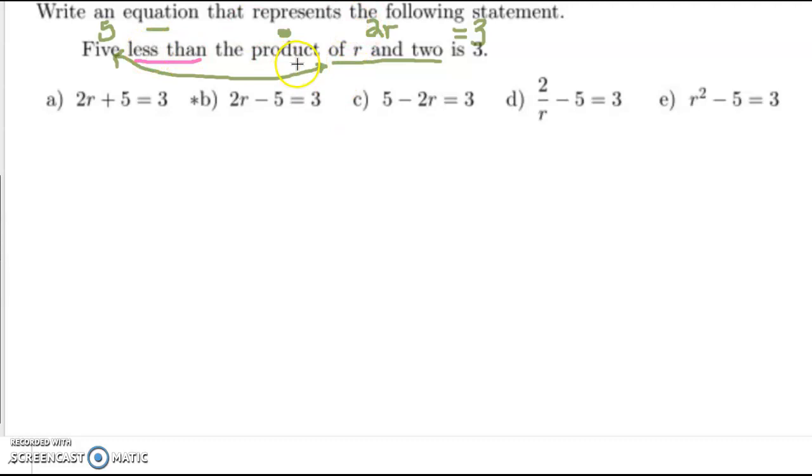And the same is true here. So instead of the 5, we're going to start with the 2R, then subtract the 5, and then that equals 3. So remember, less than not only means subtraction, but it also means to reverse the order, and that matches